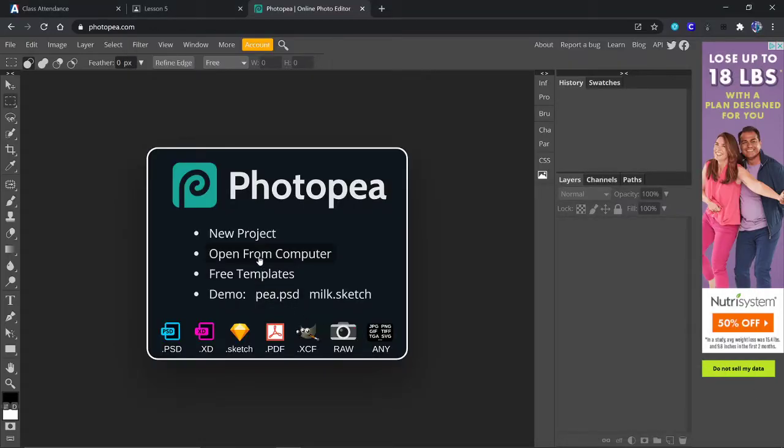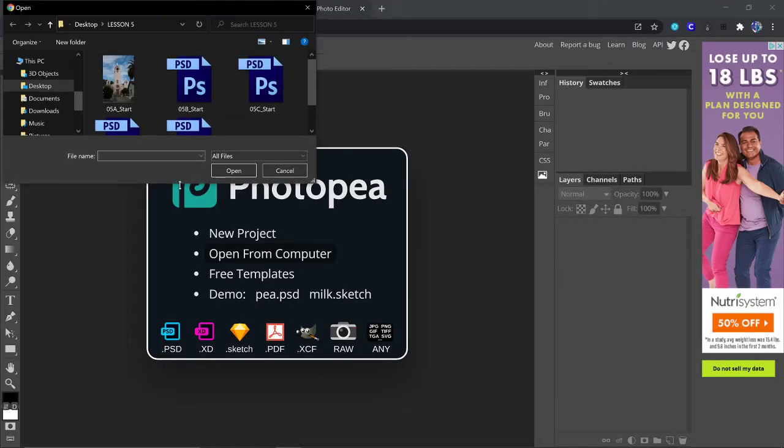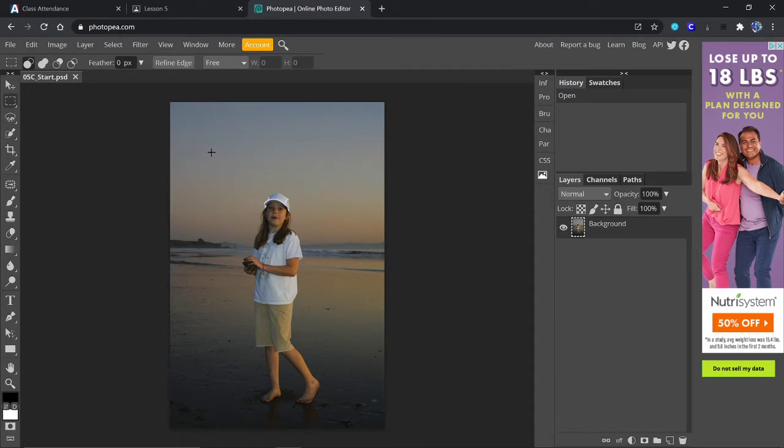Okay, you are on part 3 of lesson 5. So we are going to open 5C start. Okay, we've got kind of a crappy picture here. So we're going to see if we can do some adjustments on this, but the first thing we're going to do is we're going to rename it